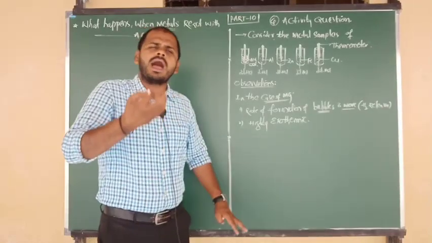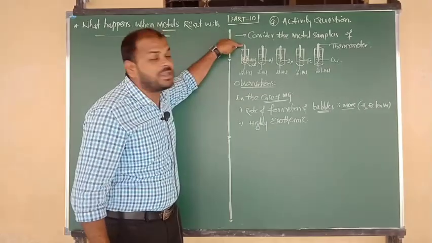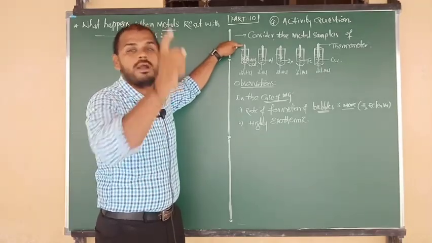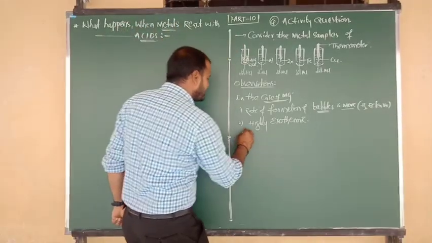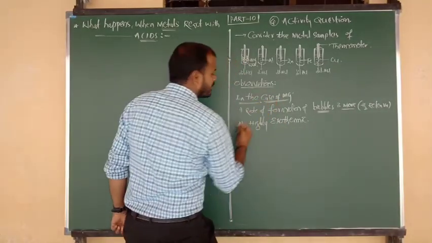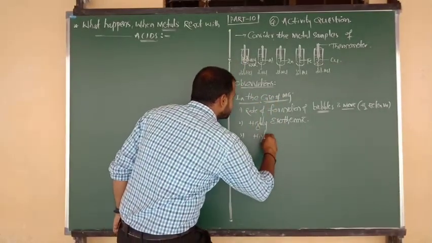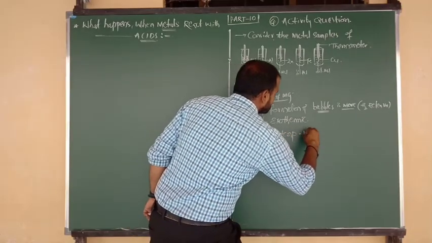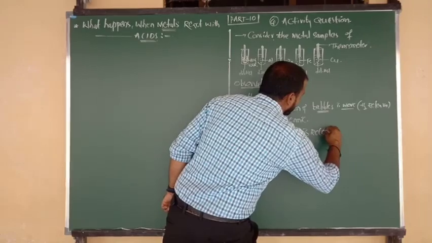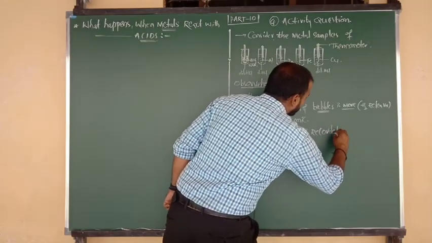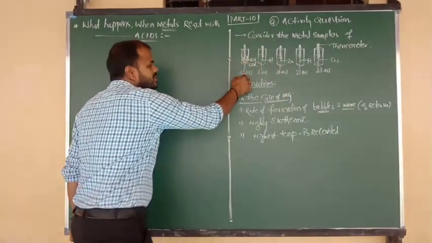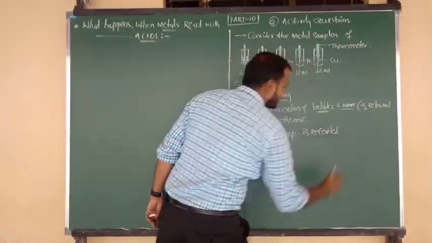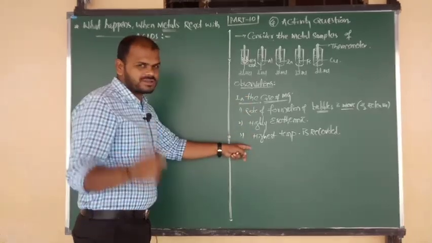So due to the release of a higher amount of heat, the thermometer records the highest temperature. We can say that in the case of magnesium, the highest temperature was recorded, with respect to the thermometer suspended in the magnesium dilute HCl solution. Is that clear? So these are the 3 points you have to remember.